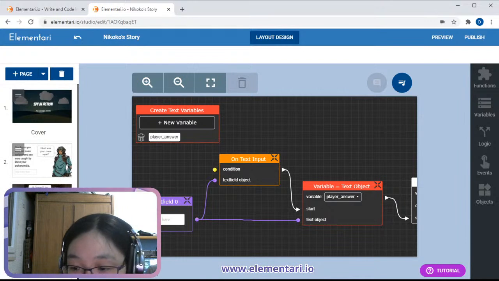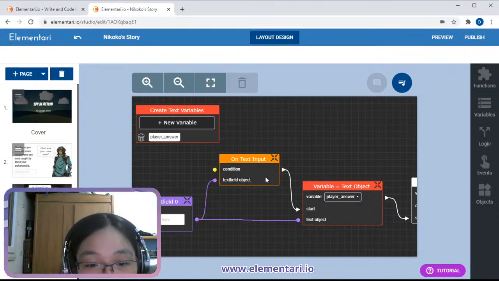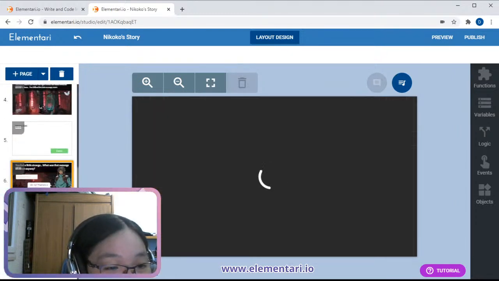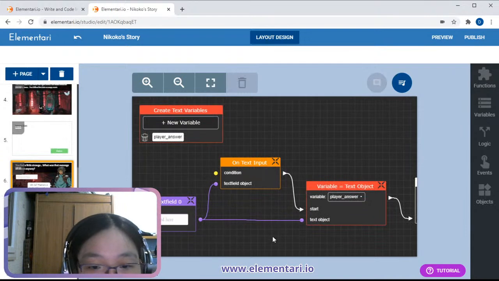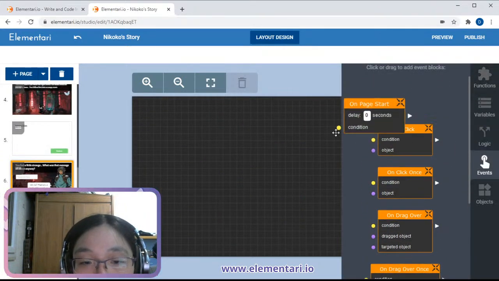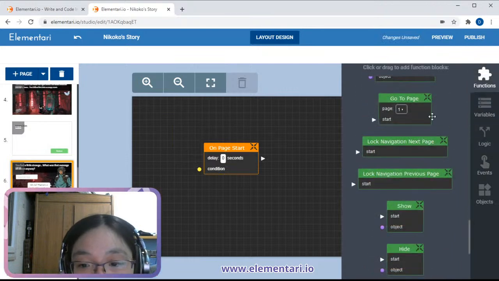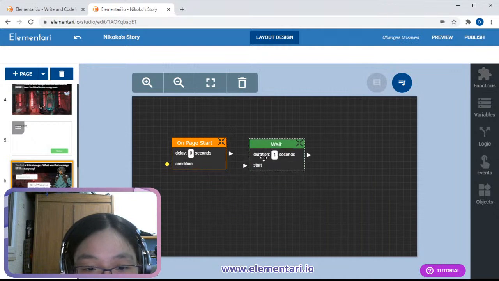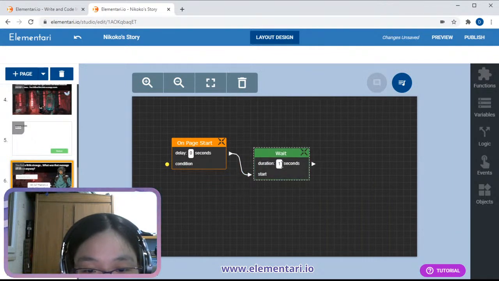And you can do things like that. You just need to use the wait function. So like for example, on page start, wait. How long do you want to wait? We're gonna give them 5 seconds.